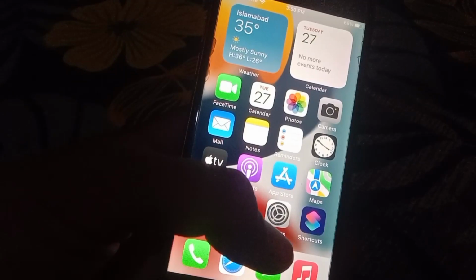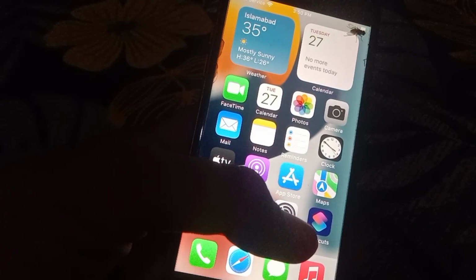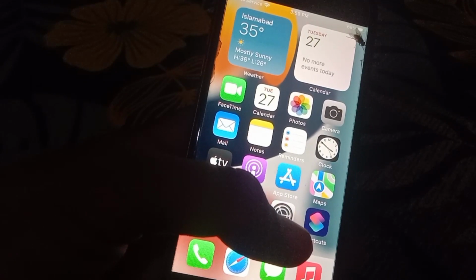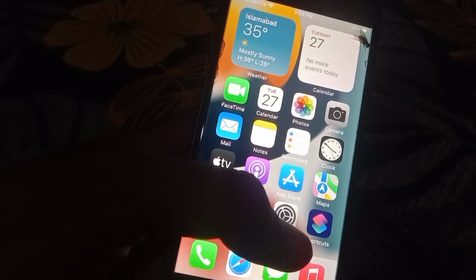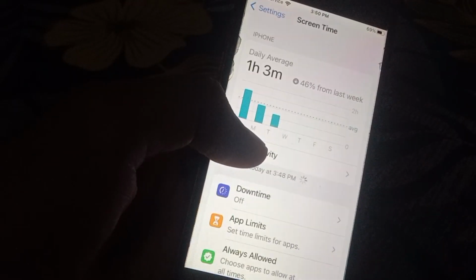Now guys, you can see here is my iPhone 8. So let's get this method working. Our device process is the same. Okay, now what you need to do, first of all, open the settings, go to Screen Time, and then scroll